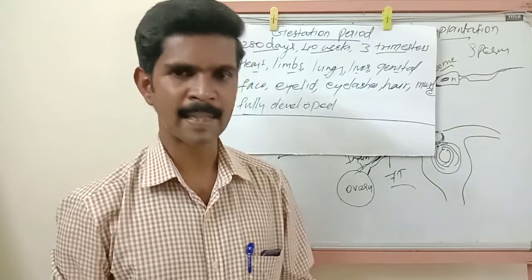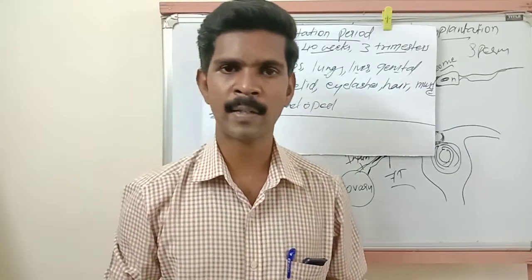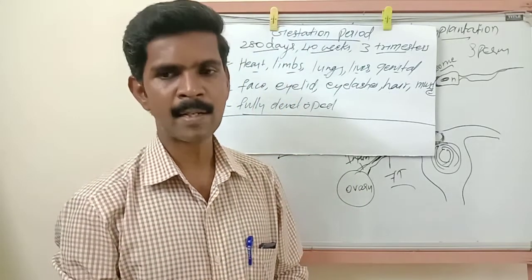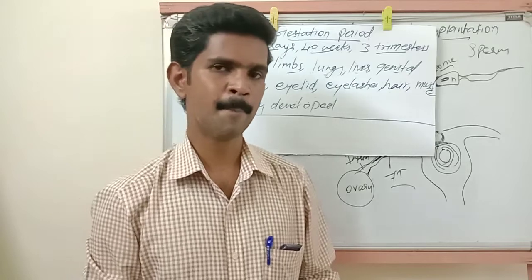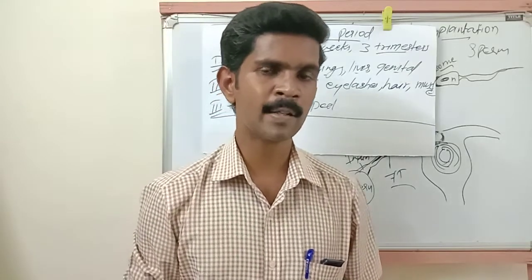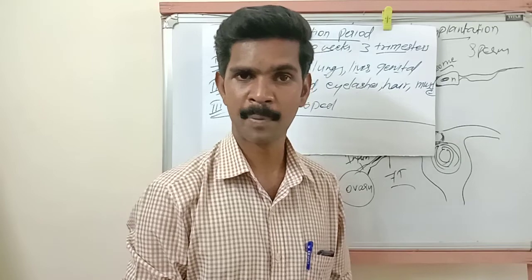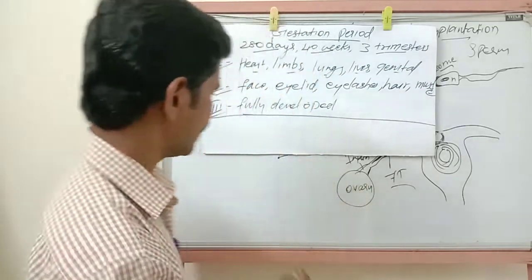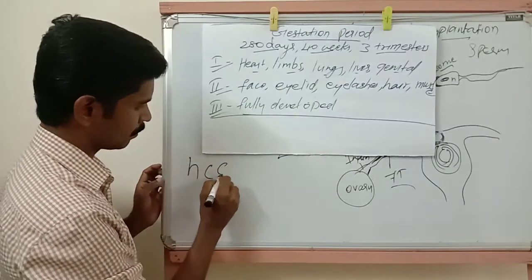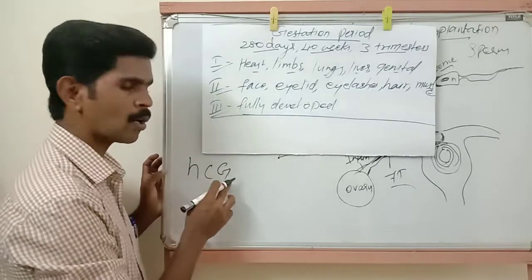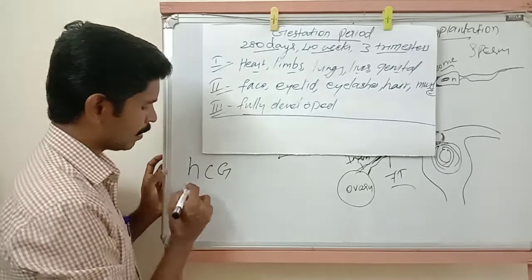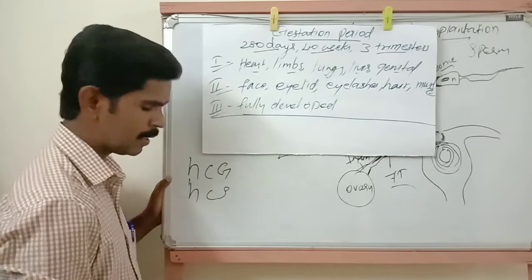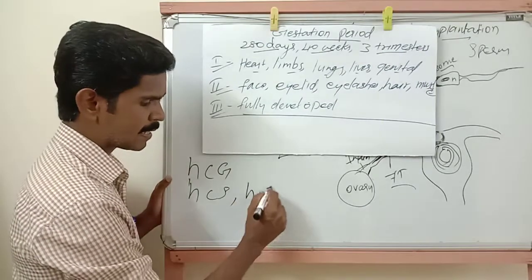Then next, hormones involved in the pregnancy. There are many hormones. This is the last topic, now we can complete. There are many hormones involved in maintaining pregnancy in the female body. The first hormone is human chorionic gonadotrophin. Then human chorionic somatotrophin. Then human placental lactogen,